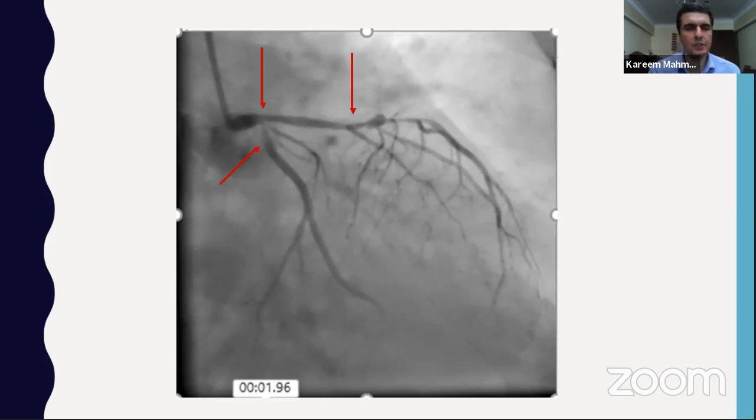The DK crush is a beautiful procedure actually, but it needs time, needs expertise, and needs some patience, because we might have some technical difficulties. So I won't prefer a DK crush in a thrombus-containing lesion, and this is a personal opinion, not based on robust data or a clinical trial.